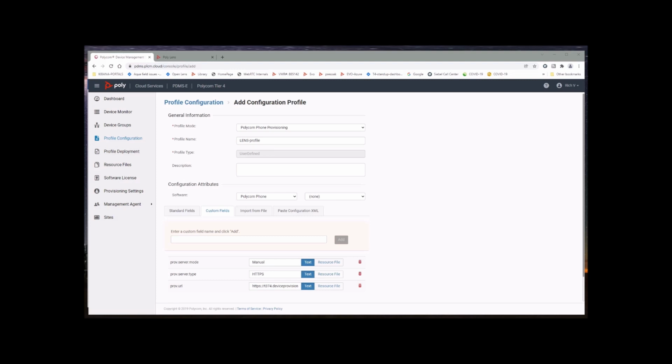Okay, and then the last two attributes are the provisioning username and the provisioning password.